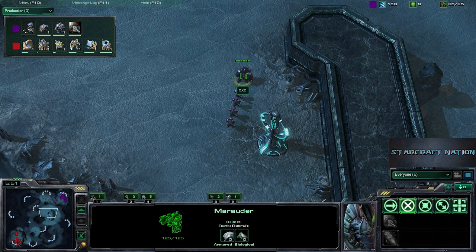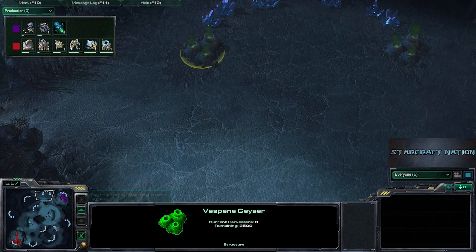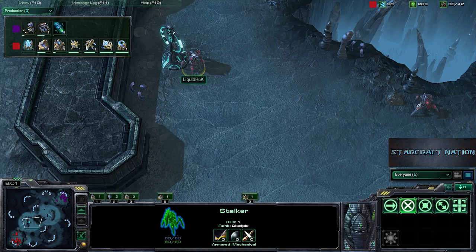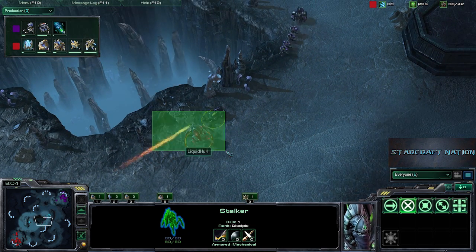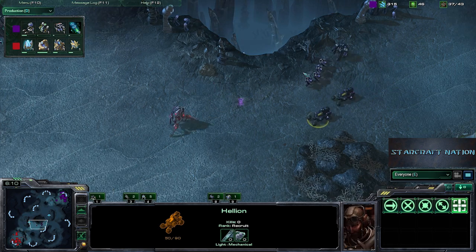4 Marines, 1 Marauder, going to be poking around, and this 1 Hellion will be hunting down that Pro mercilessly right there. Stalker taking the Xel'Naga tower. LiquidHuk wants to know what's going on. This other Stalker getting in contact with that Hellion, and we don't have stim in here, so QXC will not